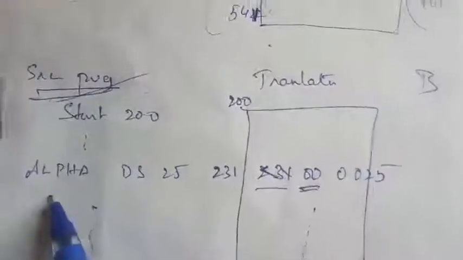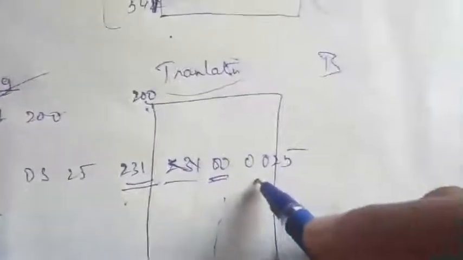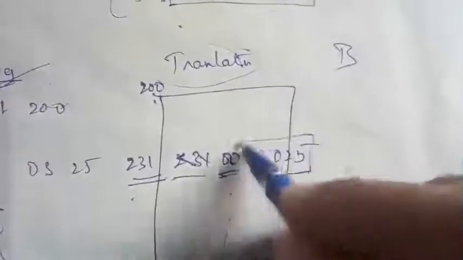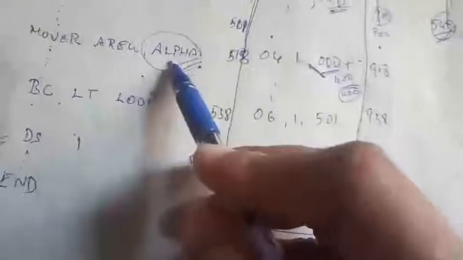Here, in this alpha program, it is defined. This program starts at 200, as the translator told, and at line 231 you have the data of alpha. The alpha data is 000 because alpha is not known to the translator; it is not declared in the program. It is declared outside and only referenced here. It is an external reference, which the assembler doesn't know, so it is represented with 000. I can't add 400 to get the data, because 400 is not the relocation factor of alpha. Alpha is a variable written outside the program.